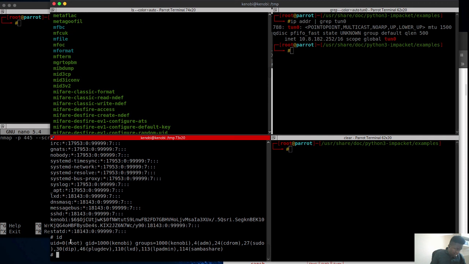So we can see our effective ID. The user ID is root, the group ID is Kenobi, the groups is Kenobi. So our effective user ID will actually run as root, which means in this shell we are root, although we are actually Kenobi in the Kenobi group, but we're running in the shell as root. So that's the whole essence of abusing